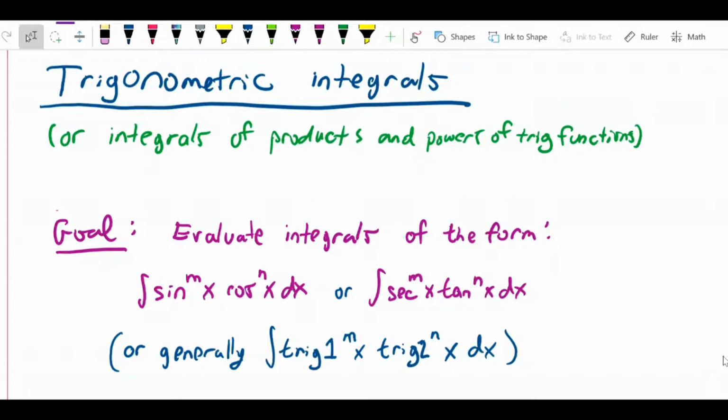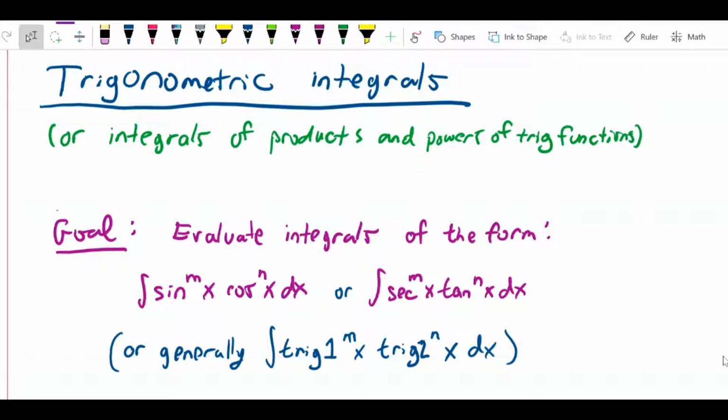The topic is trigonometric integrals, or integrals of products and powers of trig functions. If you're following along in the Thomas textbook, this is section 8.3. The goal here is to evaluate integrals of the form sine to the m x cosine to the n x dx,